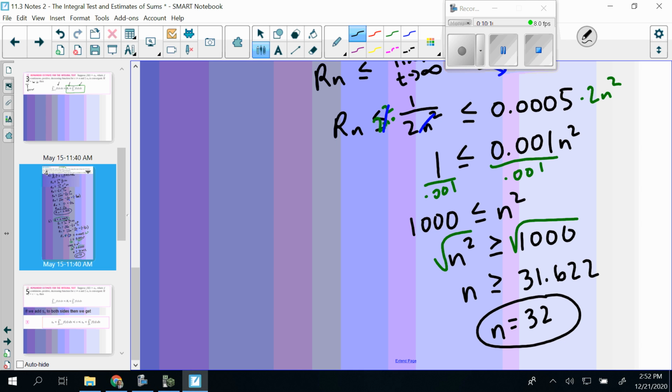Add up the first 32 values in order to make sure that our answer comes to be within 0.0005 of the actual answer. So we're doing our limit here. We wanted to do this to make sure we're accurate to within that much. We want to do the first 32 terms of this to ensure our error is less than